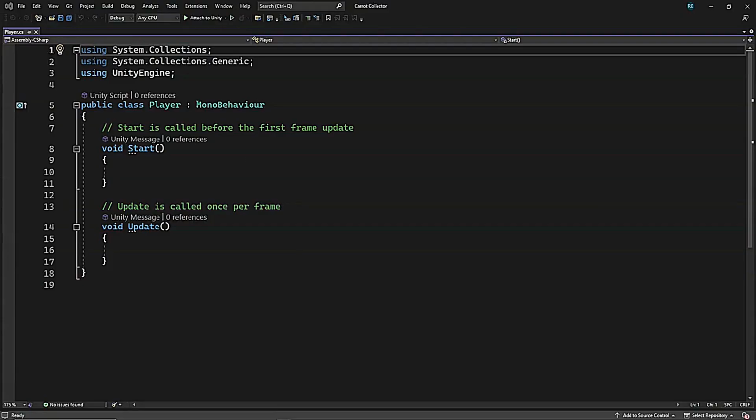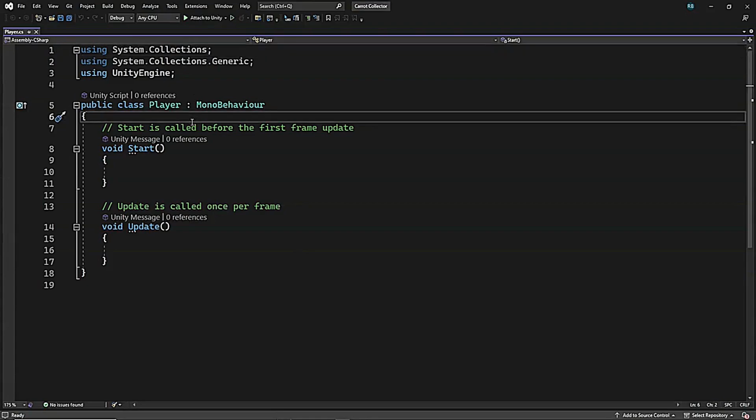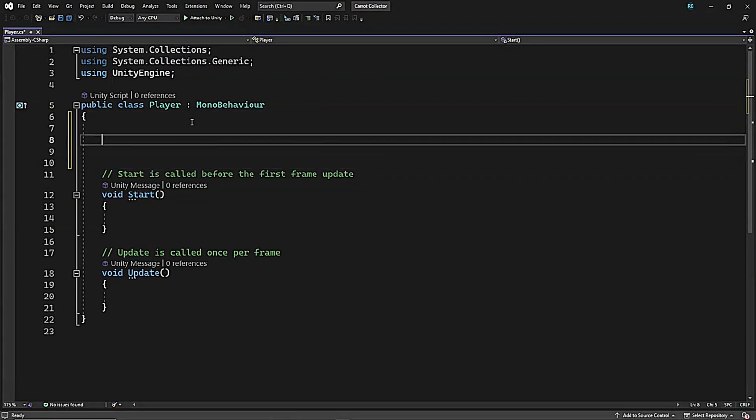Alright, so here we have our script opened. So first of all, we will need some variables. So let's go ahead and create some of our variables. First of all, we'll need a reference to the fixed joystick that we have in the scene. So here we're going to say public fixed joystick,